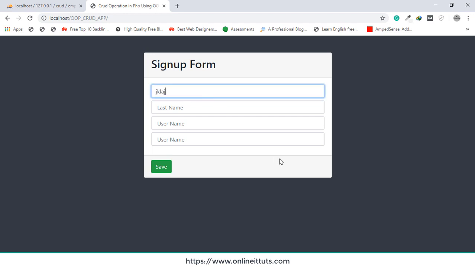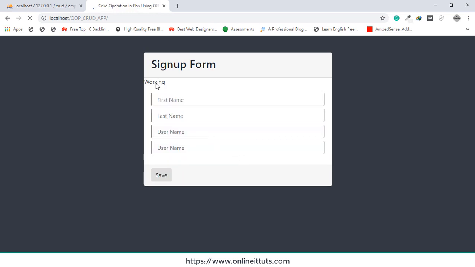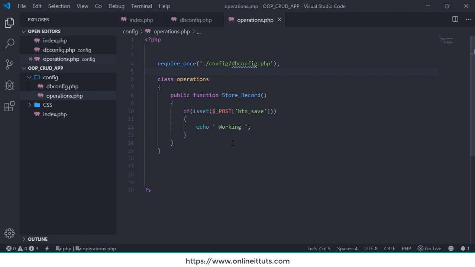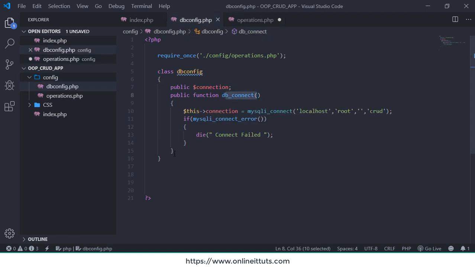So I'm going to use something, just use, why I use this one with working, right? So we are able to use this way to get the data from the input text field. So I'm going to remove this one, and one more thing we need to do, we need to go to the dbconfig file, and inside that we need to call